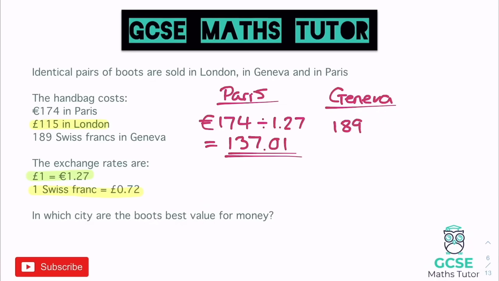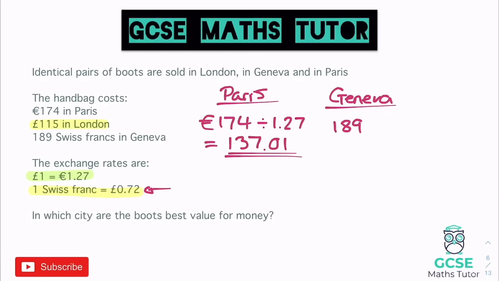Okay, so 189. Now thinking about the logic of this exchange rate, you can see that for every 1 Swiss franc we get less than 1 pound. So we know again that the answer in pounds is going to have to be smaller, but this time if I was to just divide, which obviously some people tend to remember it like this, you divide coming back home, you times when you're going away, but because this is the foreign exchange rate, if I was to divide by 0.72, which I'll do on my calculator now, 189 divided by 0.72, I get the answer £262.50, and that is